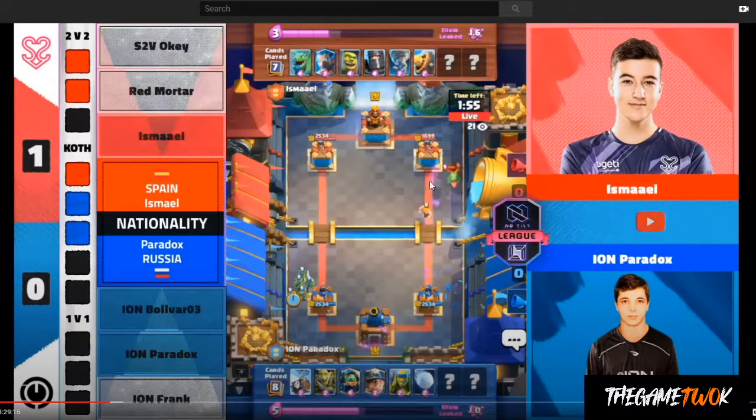I think it would have been really ideal to have this baby dragon at full health, because then you have more options to come down to the tower and do something here. That didn't happen, and now we have a push on the left. I think this was ideal because